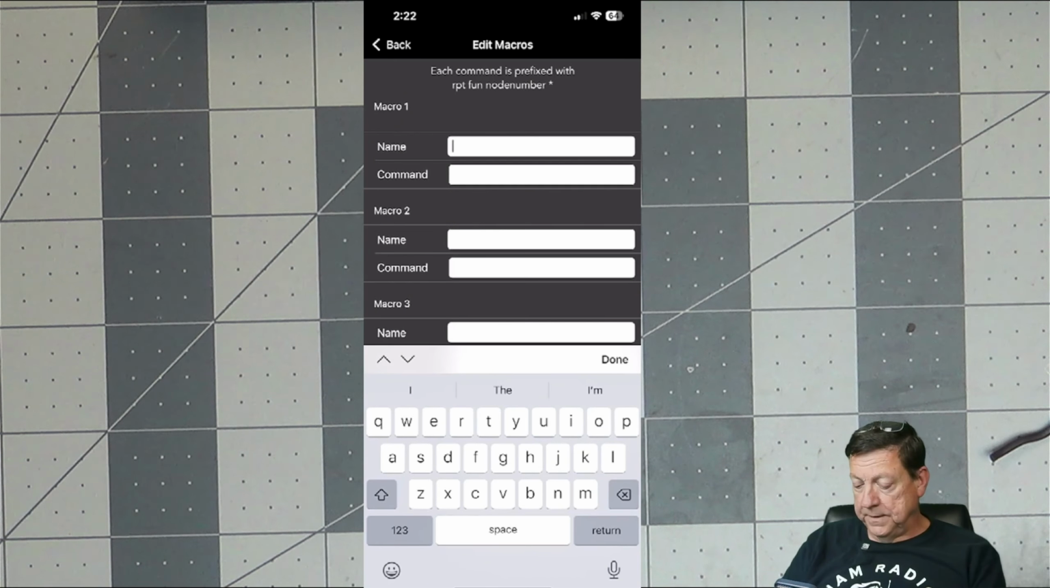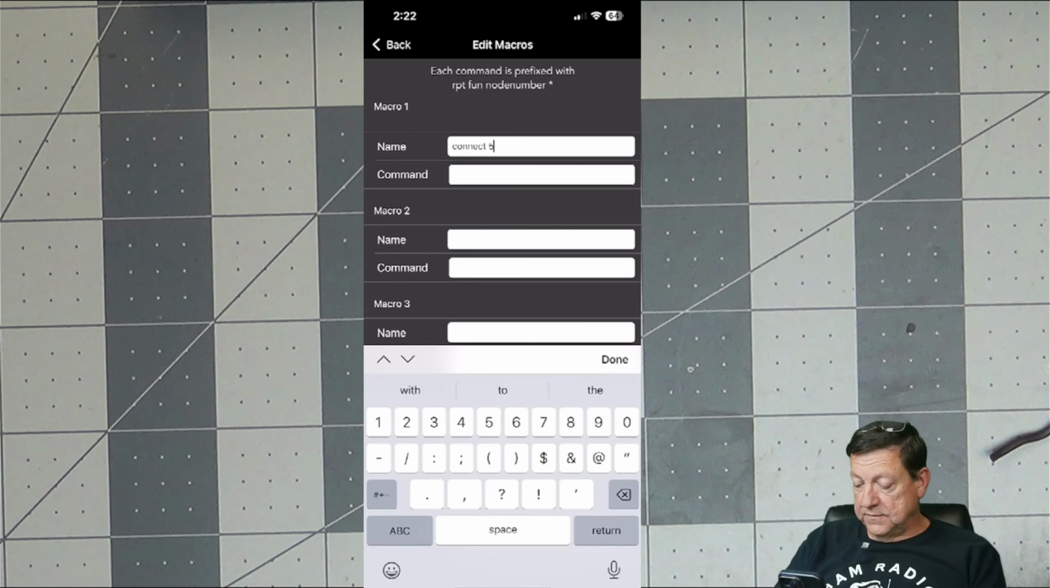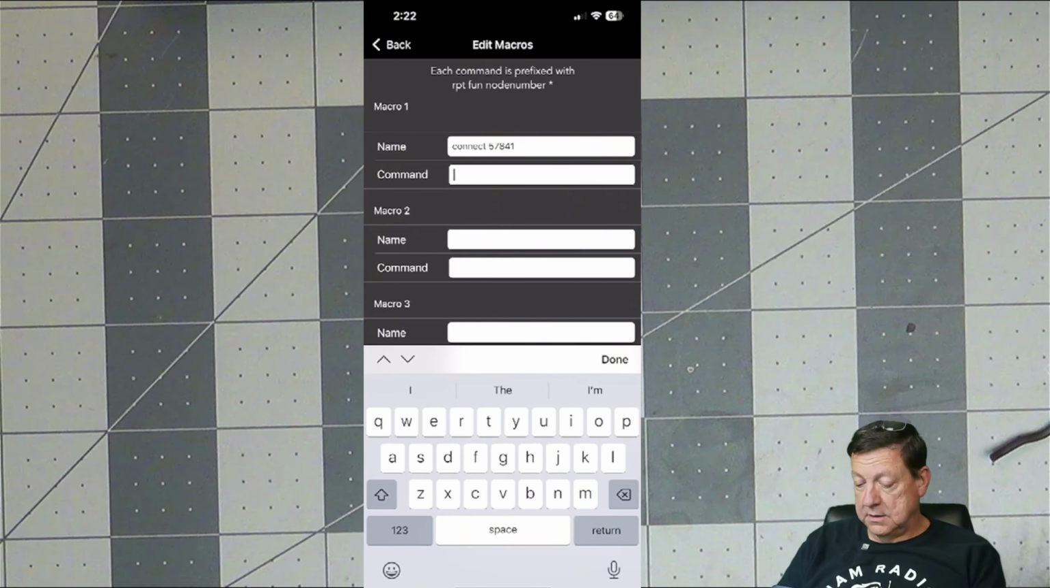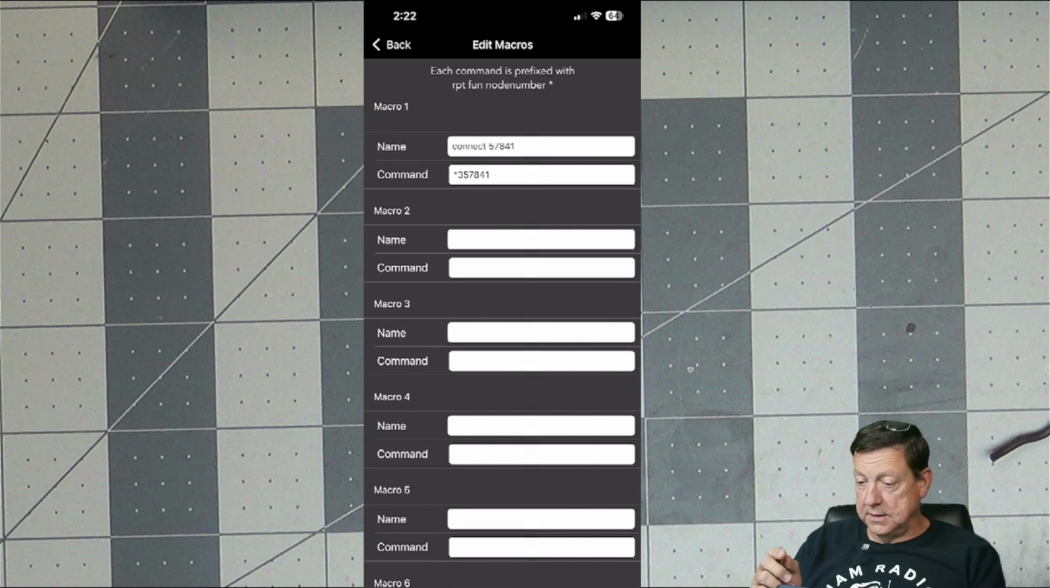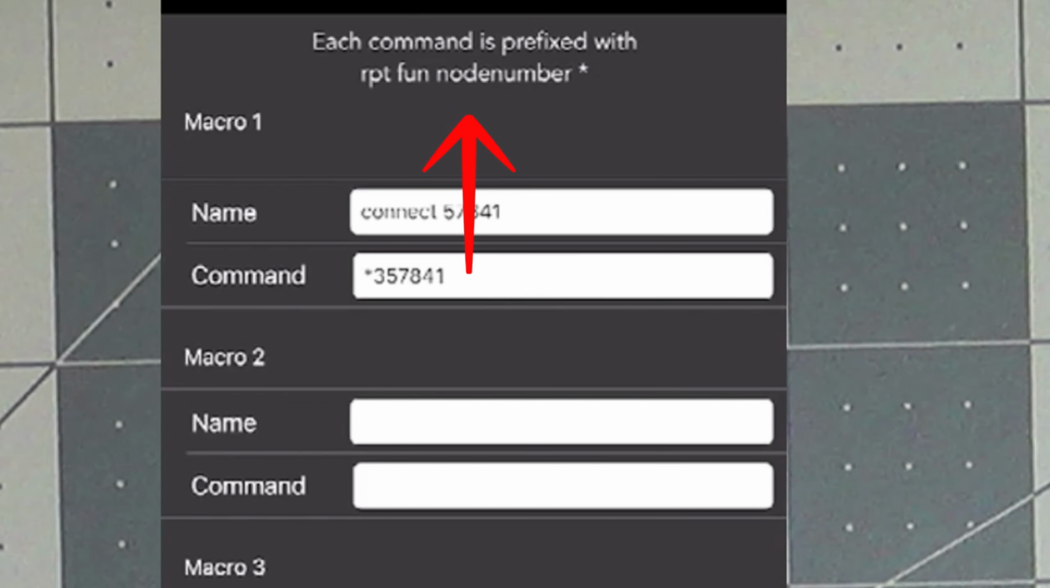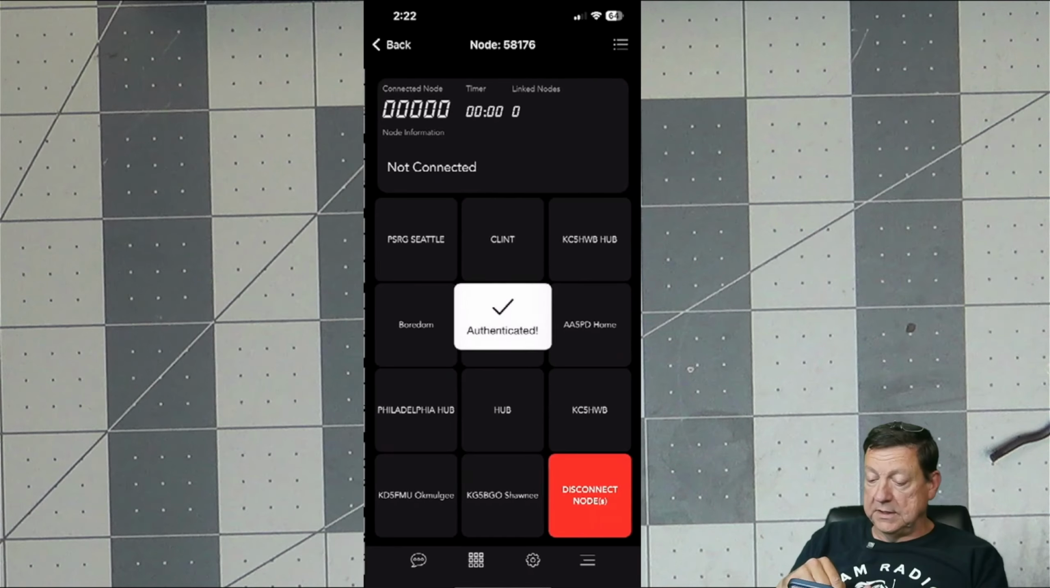Let's go connect to 57841. Let's go star 3. 57841, hit done. Each command is prefixed with the repeater function node number, star. So I don't need a star, but I would need a 3. So let's go back, reconnect to our node,